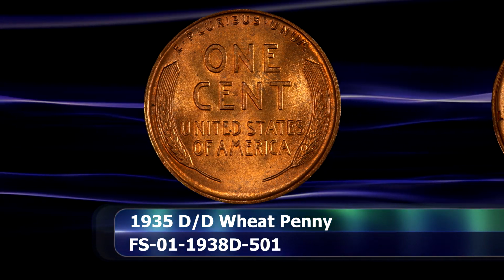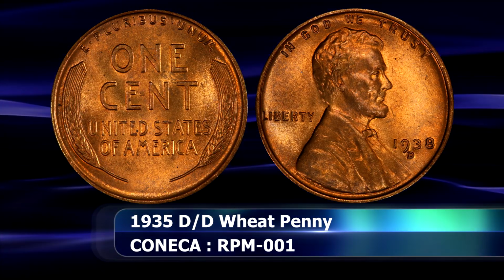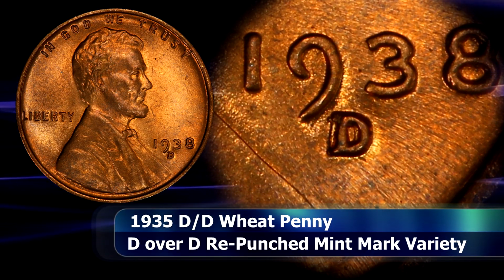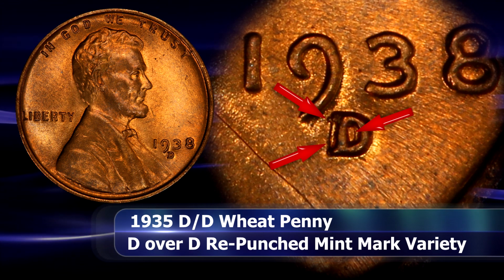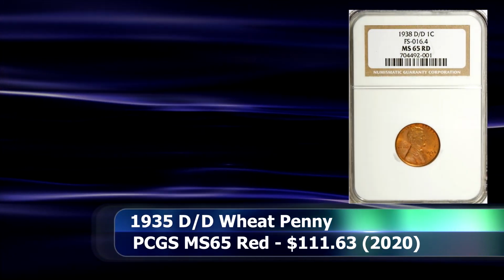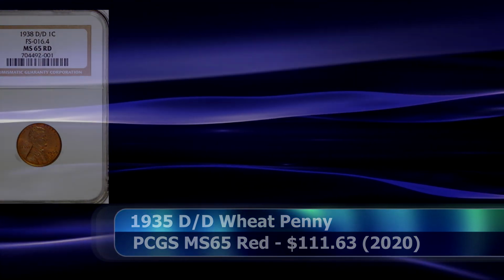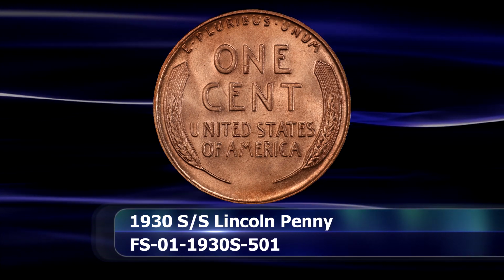On this variety, the initial D was struck slightly to the west of the final placement, causing the straight bar of the D as well as the top serif to protrude slightly from behind the final D. The same is also true inside the cavity of the D, where the inner rounding can be seen as indicated here. During a 2020 coin auction, a coin like this with a grade of PCGS MS65 Red was sold for the sum of $111.63. For the next variety coin, we look to the very beginning of the decade with the 1930 S over